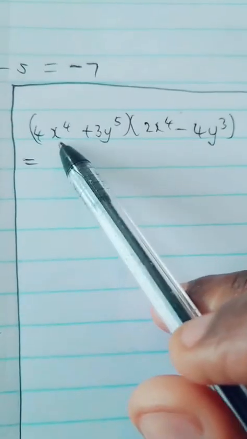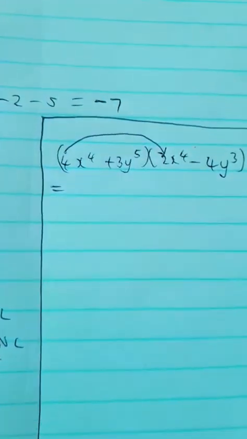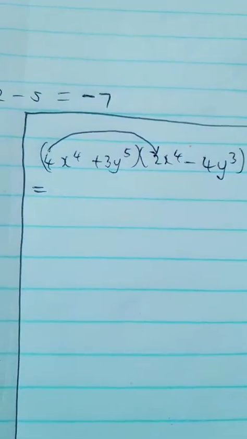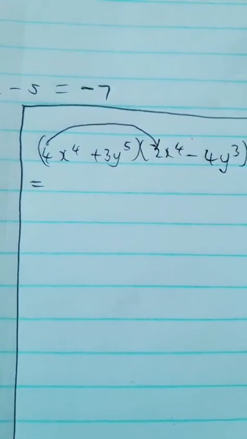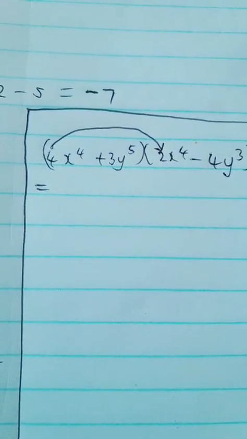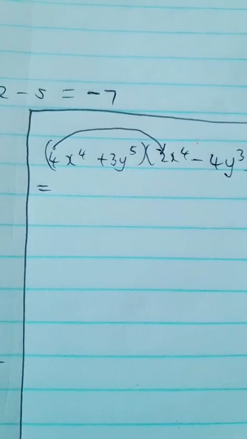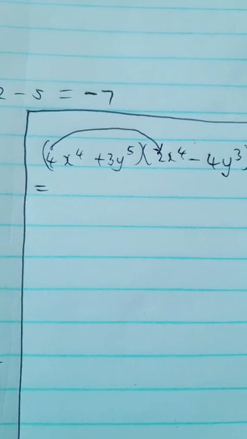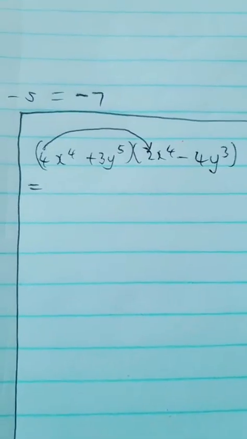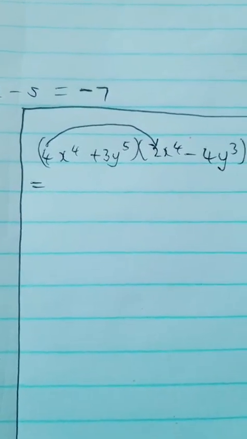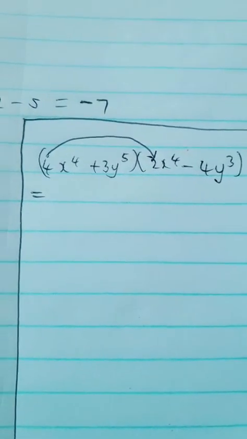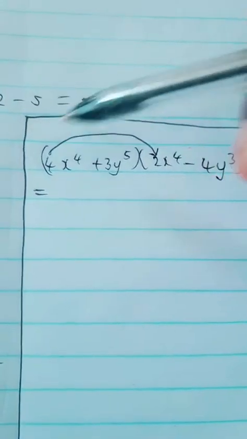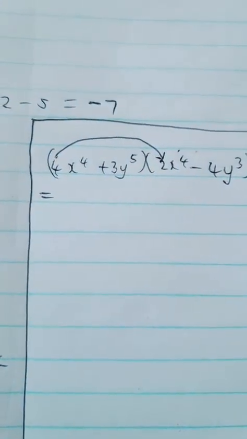All right, let's do this one, guys. First term. Tell me, comment section. Let's go. 4x to the power 4 times 2x to the power 4. Multiply sign, multiply number, multiply letter, and apply the laws. So first term that we get will be, please let's do it step by step, people. Don't write the whole answer for everything, right? Just the first: 4x to the power 4 times 2x to the power 4 will give us